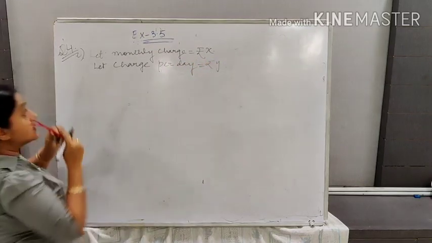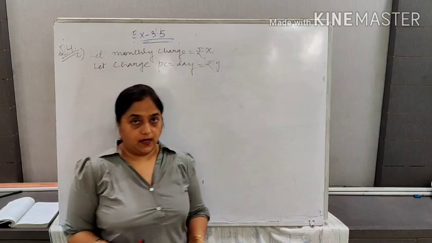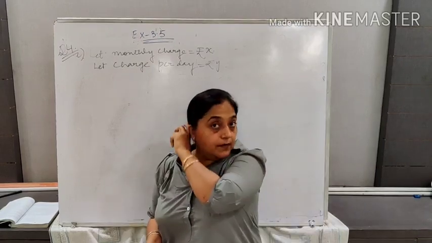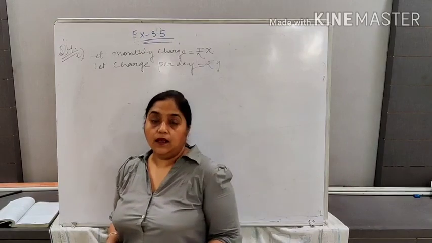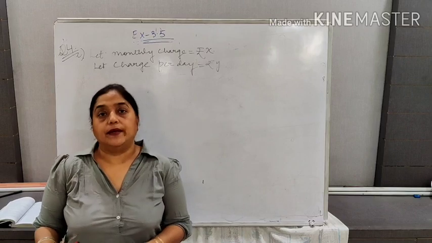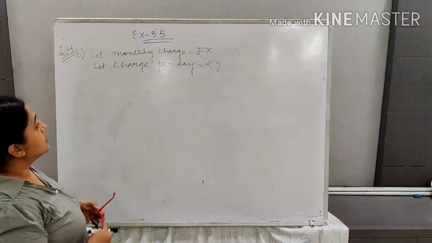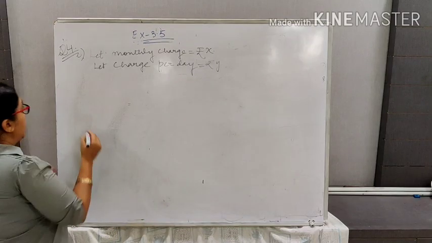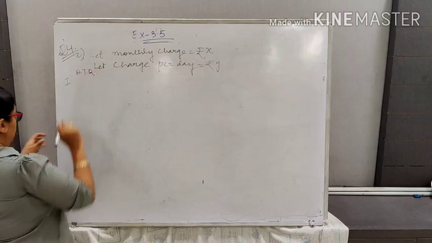You just have to see this thing only कि मंथली चार्ज को x मान लो और चार्ज पर डे को y मान लो. चाहे वो लाइब्रेरी का क्वेश्चन हो, चाहे वो आपका हॉस्टल मेस का क्वेश्चन हो, चाहे आपका टैक्सी का क्वेश्चन हो। टैक्सी वाले क्वेश्चन में आपको फिक्स चार्ज उसको x मान लेना है और पर किलोमीटर उसको y मान लेना है। तो सिमिलरली मंथली चार्ज इज रुपीज x और चार्ज पर डे इज रुपीज y। तो what will you do? You will write ATQ, according to the question.